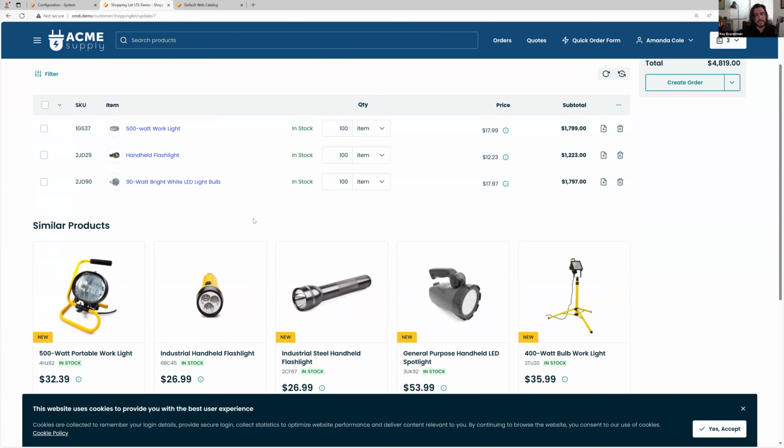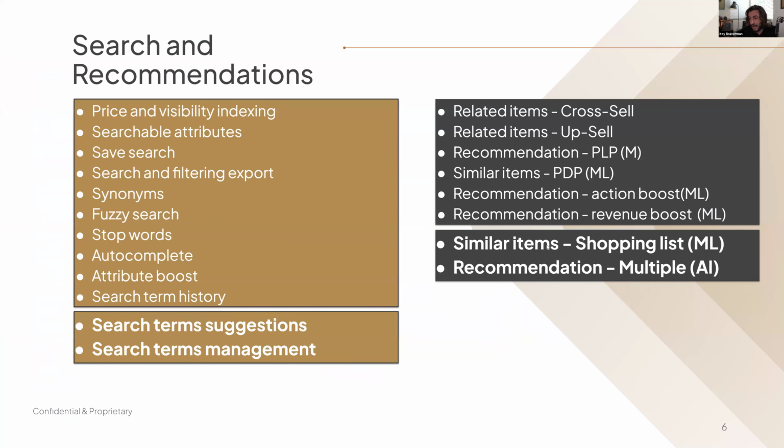So the interesting thing here is that not only do we have control of setting up the portions and weight for different elements to make up the similar blocks, it's dynamically being updated based on the products that are in the shopping list. So that's going to be the similar products, which leads me to, I would say, the most interesting